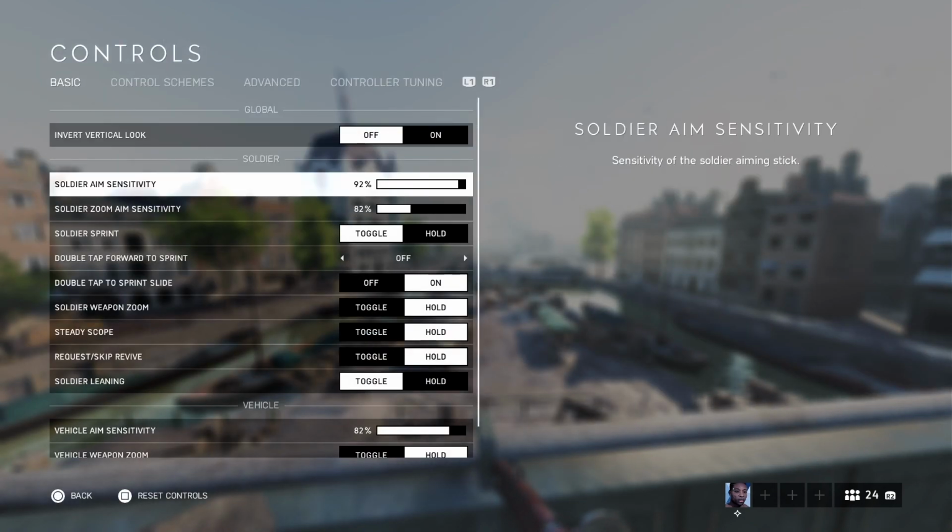First things first, we're going to start off with my basic controls. I do not play with inverted look, that would be quite painful. For my general aim settings, my hipfire sense, my soldier aim sensitivity, is at 92, and my ADS sense, or zoom sense, is at 82. For me, this is just preference that I've played with for many years. I've played through Battlefield 4, a little bit of Battlefield 1, though I didn't really play much Battlefield 1 anyway, but I mainly have played these settings for about 3 years on